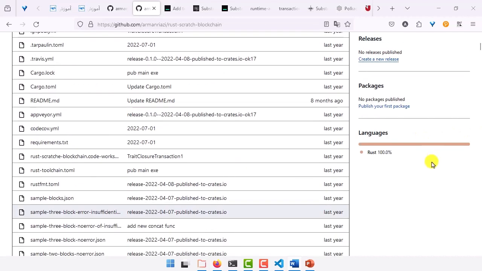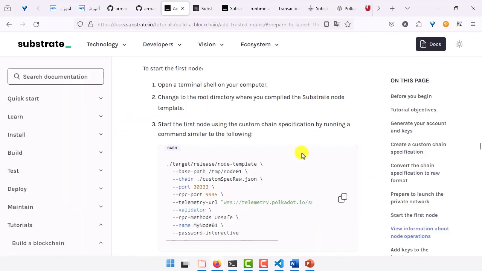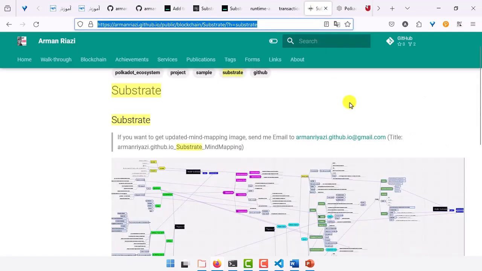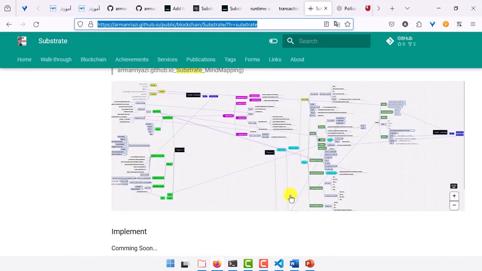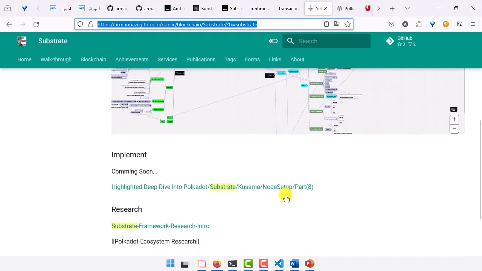Let me turn to the Substrate framework. You only need to be familiar with functional programming, object-oriented, and macros in case you want to switch to the Substrate framework. What Substrate does is make a blockchain or a settlement layer for you. I made for myself a mind map for using Substrate, and as you can see, it's got so many components and modules, and you must have enough study to know how to handle them in programming by writing code.